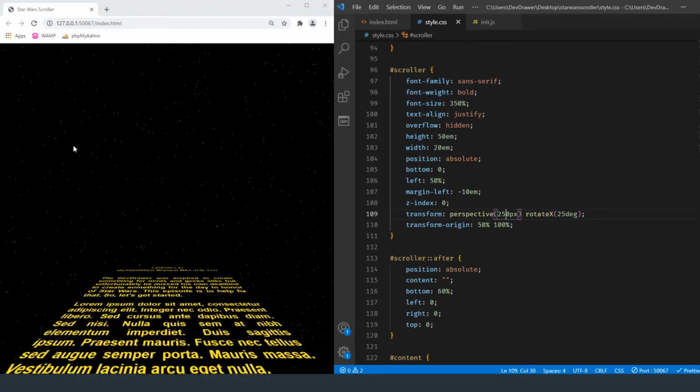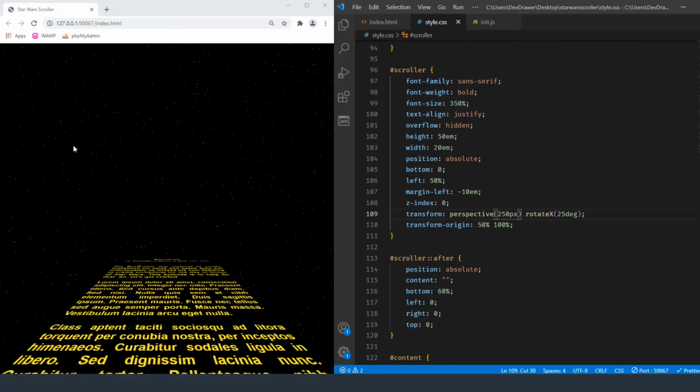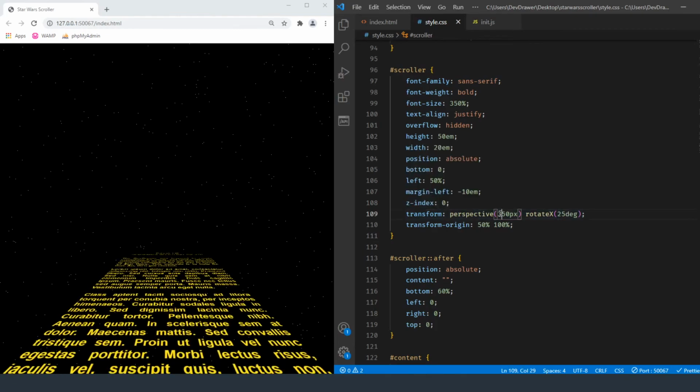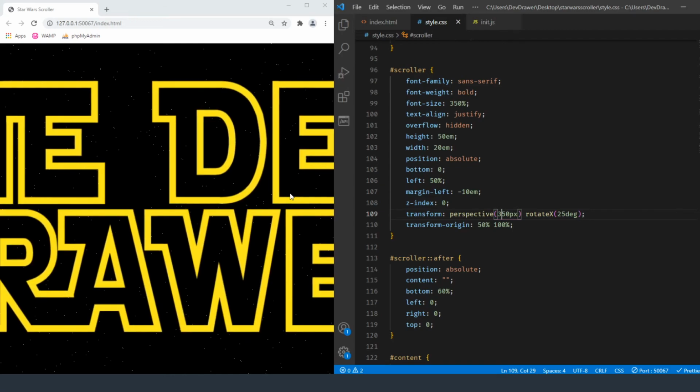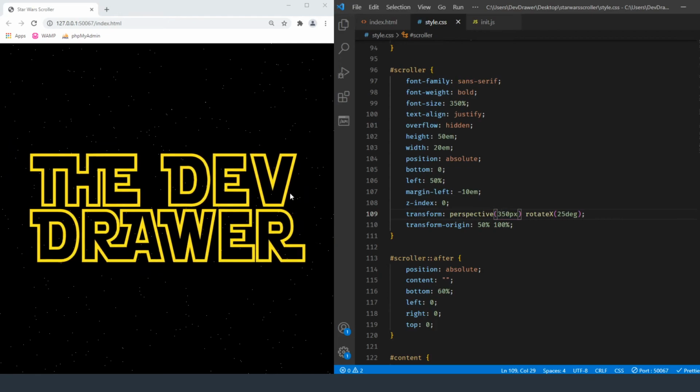But yeah, so I think it's leaning still a little too far down. So let's play again. Let's maybe do a 350. Well, anyway, I think I'm just going to set it at 300 because you can see how it works. It's basically doing what it needs to be doing. You can play around with the perspective and the rotation of it and actually make it exactly the way that you want it to be.